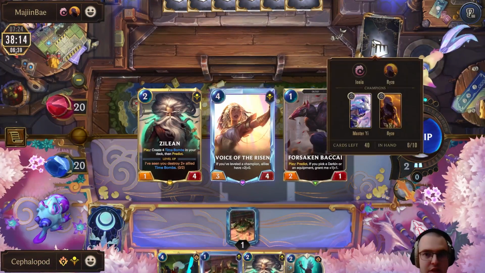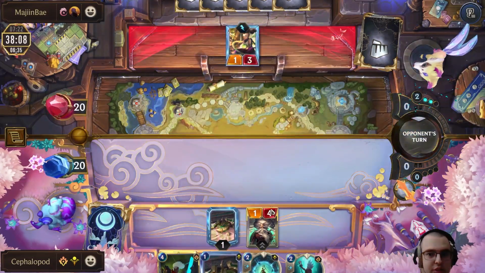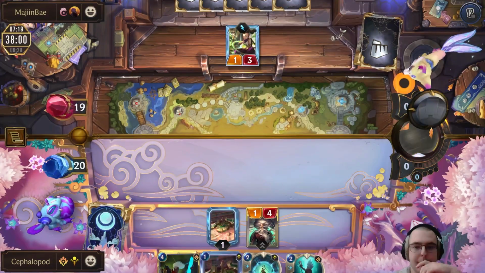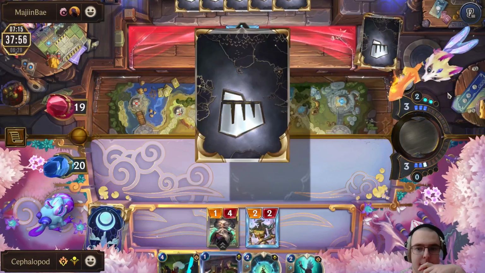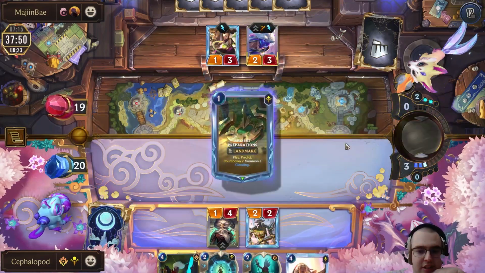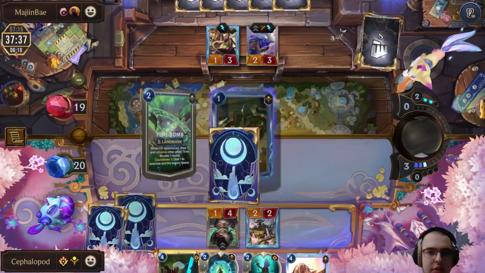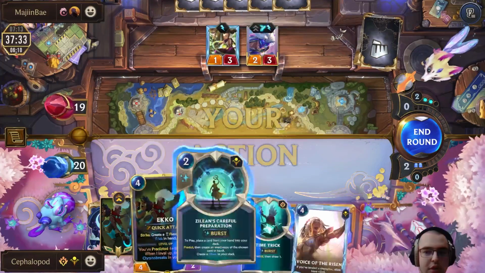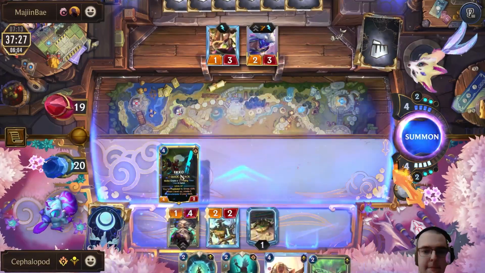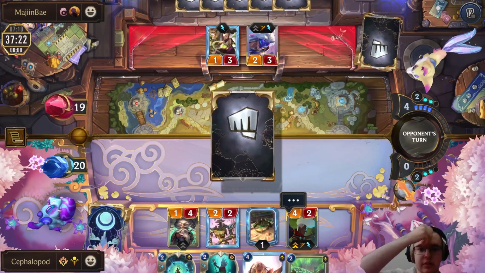I mean, Voice is pretty solid. I'll take a Voice. Try to chip this thing down. Obviously, they're not going to block. It's just free damage. Okay. There's the Mr. Yi. Okay. What do I want here? I don't hate a time bomb. It keeps my hand size up. Just force a stun here. They're probably going to be able to produce a stun, but it's not like...